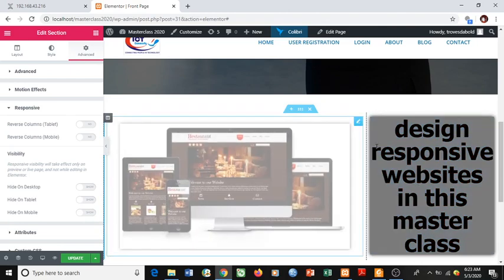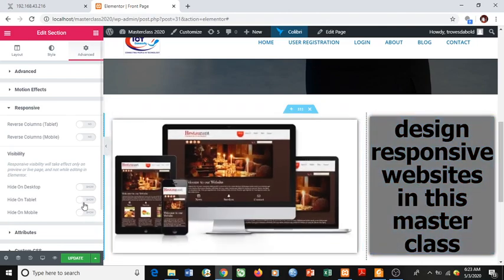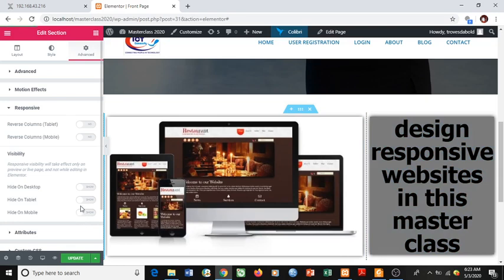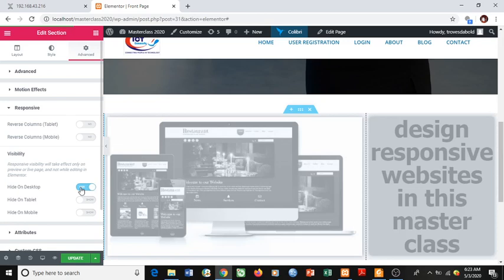But if I don't want people who use laptops to see them, but I want people who use mobile phones, I'll leave these off and click hide on desktop. Okay, let's see what happens. Hide on desktop. Once I access this page,